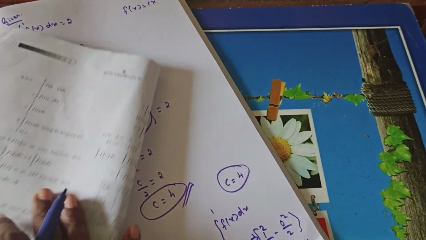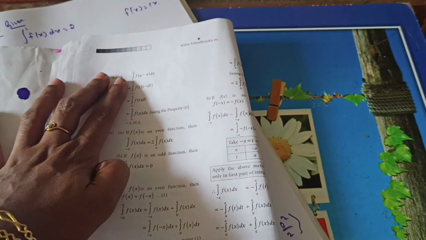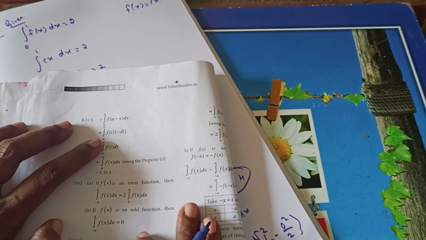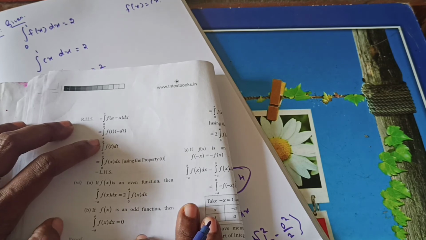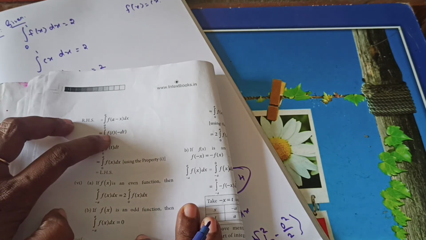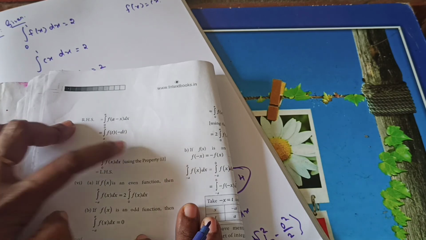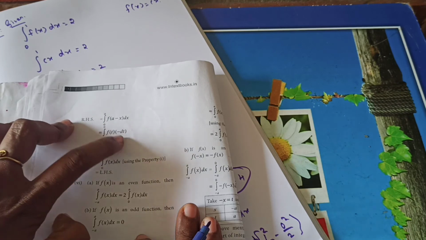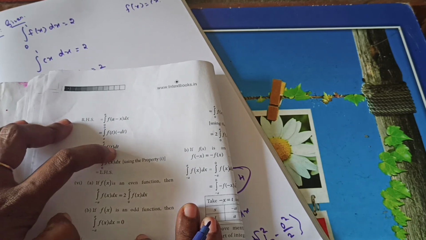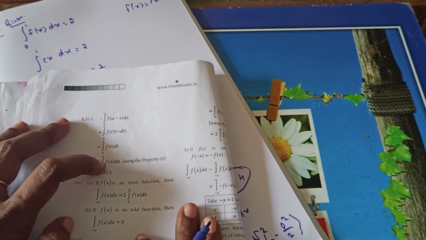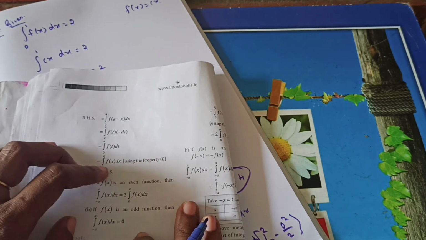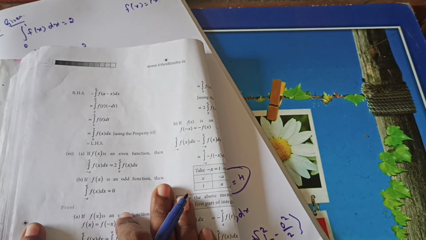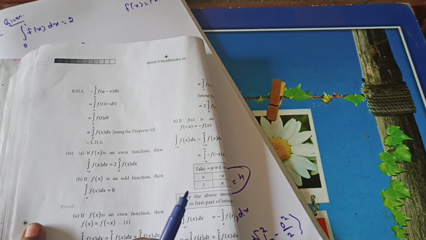Now you take the RHS. So what is the RHS? Integral of 0 to a f of a minus x dx. So you can change the limit, you will change the limit, is it right? A to 0 f of t. In the place of dx you can substitute minus dt. Integral of 0 to a. Now I said there is a minus symbol, so it will change as plus. So f of t dt. Then f of t dt, by using the first property, will change as f of x dx. Understand? It will be very easy. Sometimes they will ask in a 2 mark question. Okay, understand?